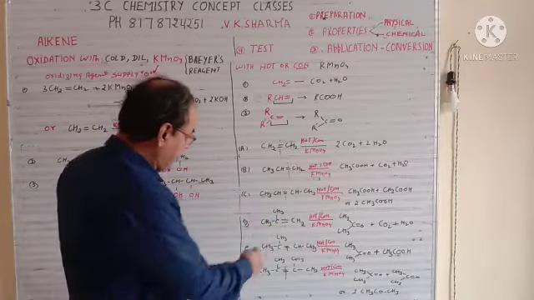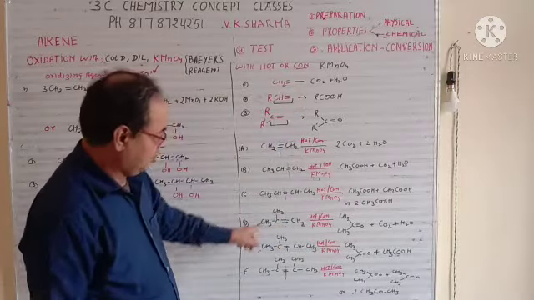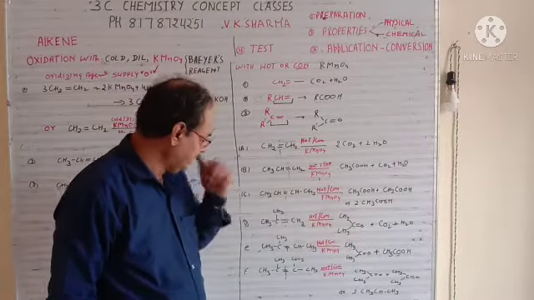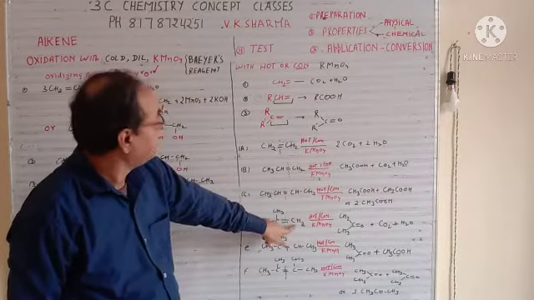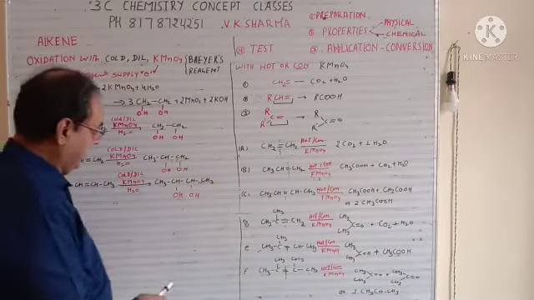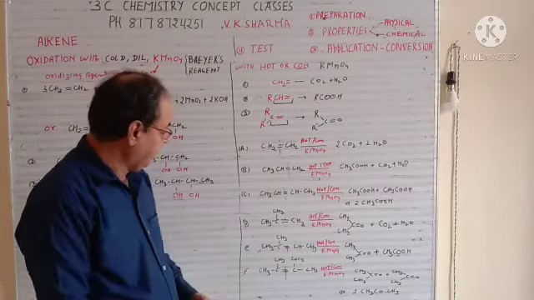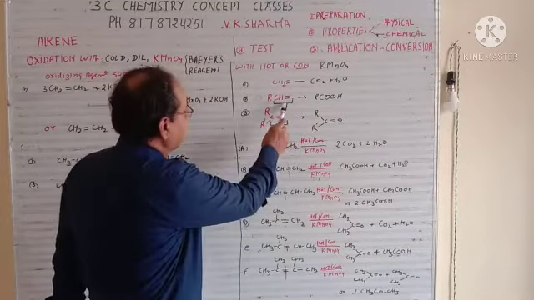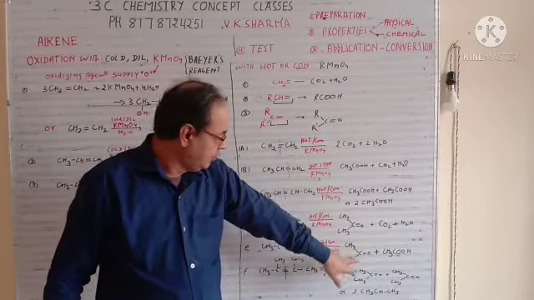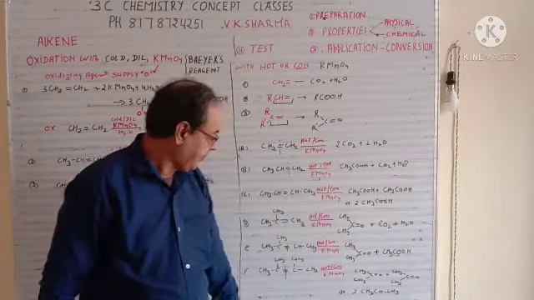So this part is coming in this category and this part is coming in this category. So you will get ketone here. So CH3, C double bond O, CH3, that is ketone, propanone, and this part will convert into CO2 plus water. Next one is CH3C, CH3 double bond CH and CH3. So this one part is coming in this category and one part is coming in this category. So you will get your compound CH3, C double bond O, CH3, that is propanone, plus ethanoic acid.